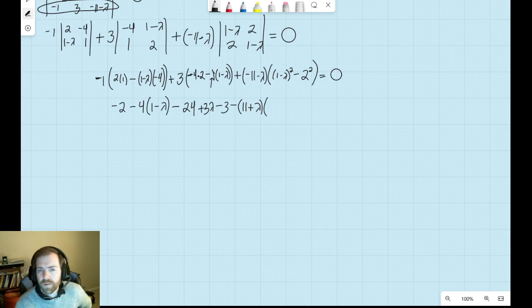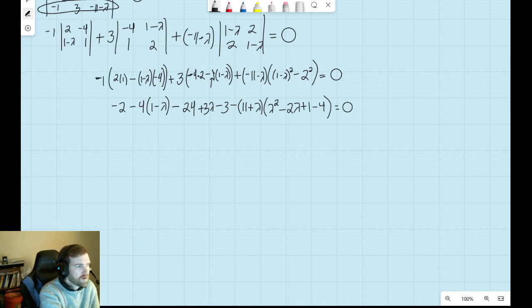And on the inside of the parentheses, 1 minus lambda squared is going to be lambda squared minus 2 lambda plus 1. And then this is a minus 2 squared is a minus 4. Alright, so minus 2,